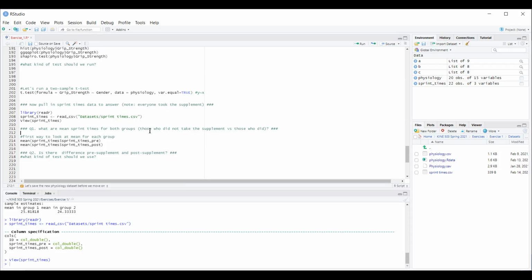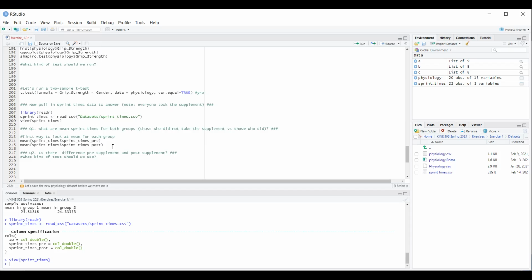And then the first question that's being asked is, what are the mean sprint times for both groups? But again, everybody has taken the supplement. So now we're just looking at what are the mean sprint times pre-supplement, and then what are the mean sprint